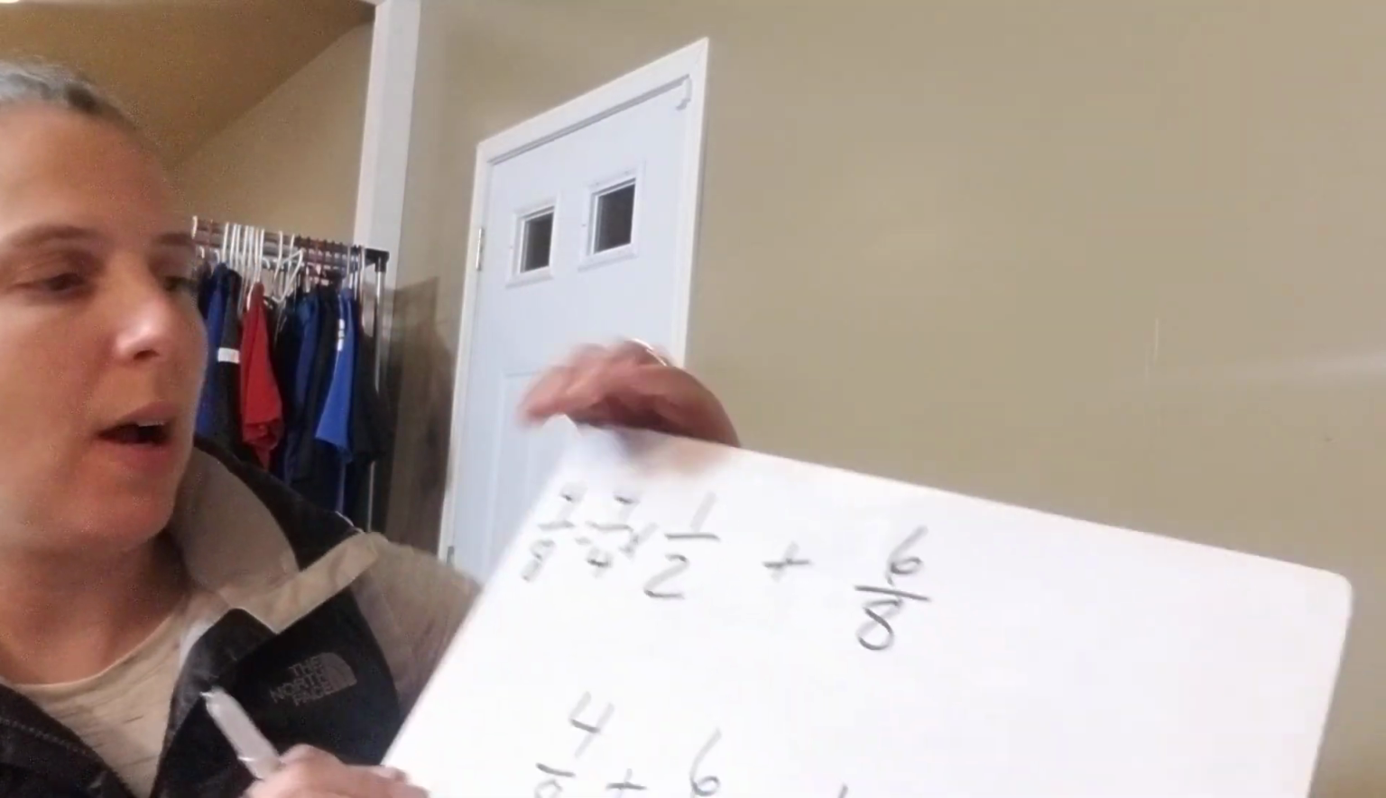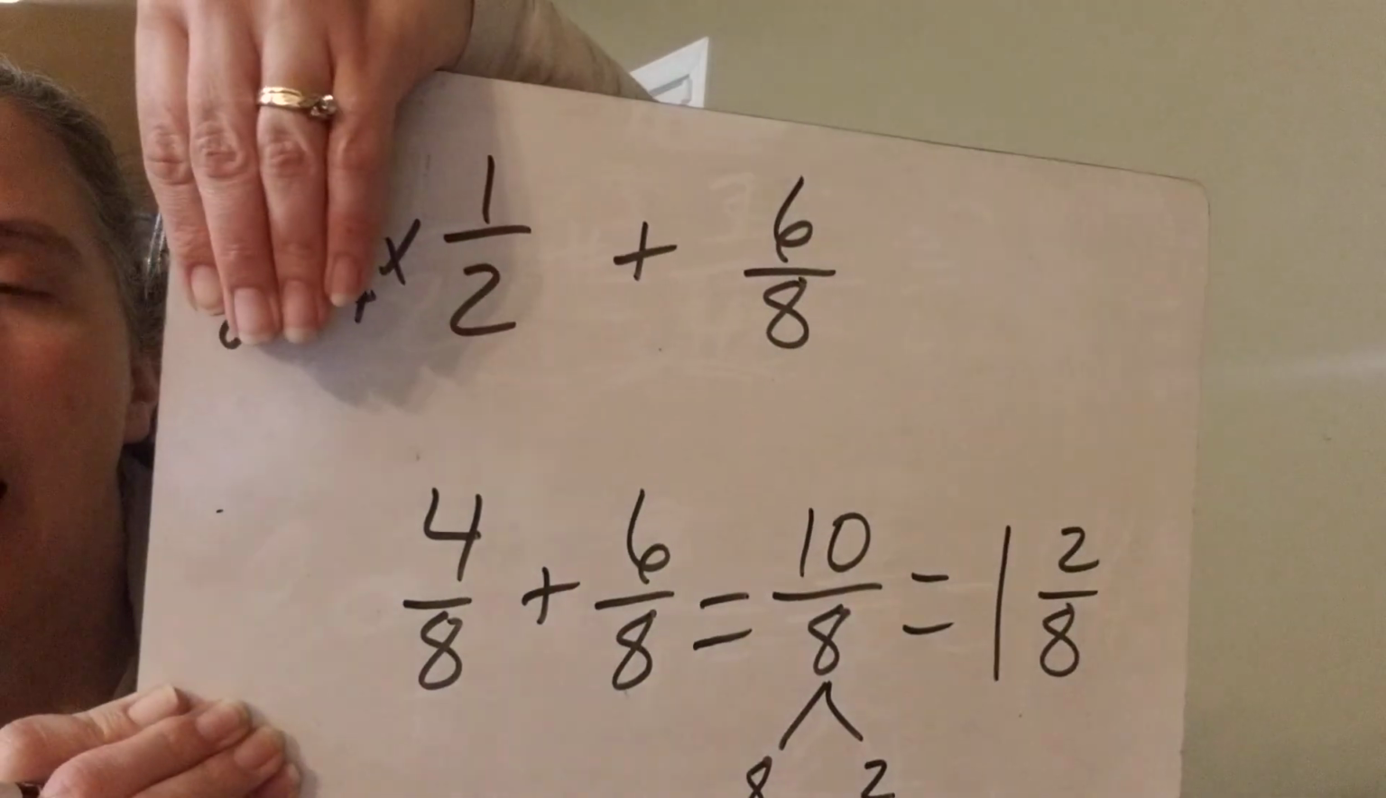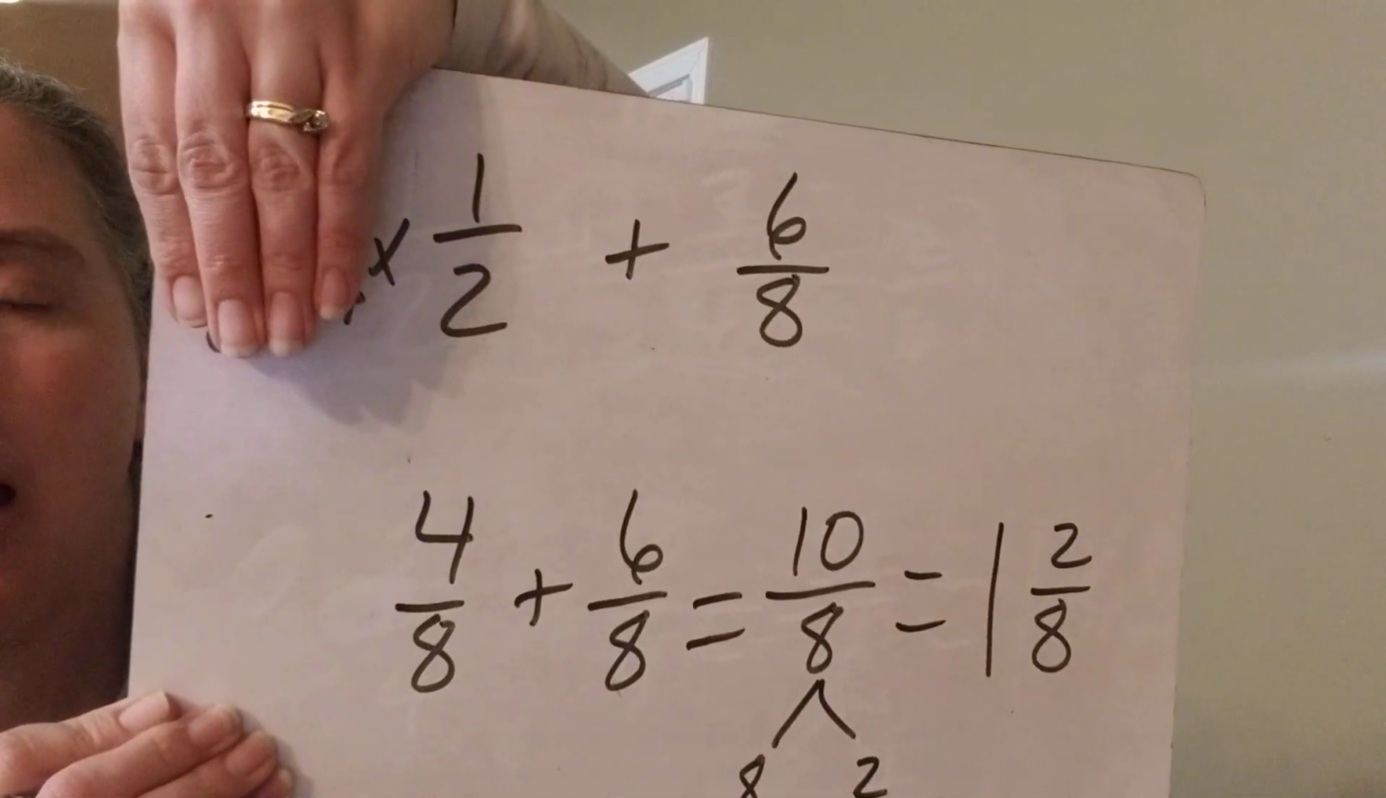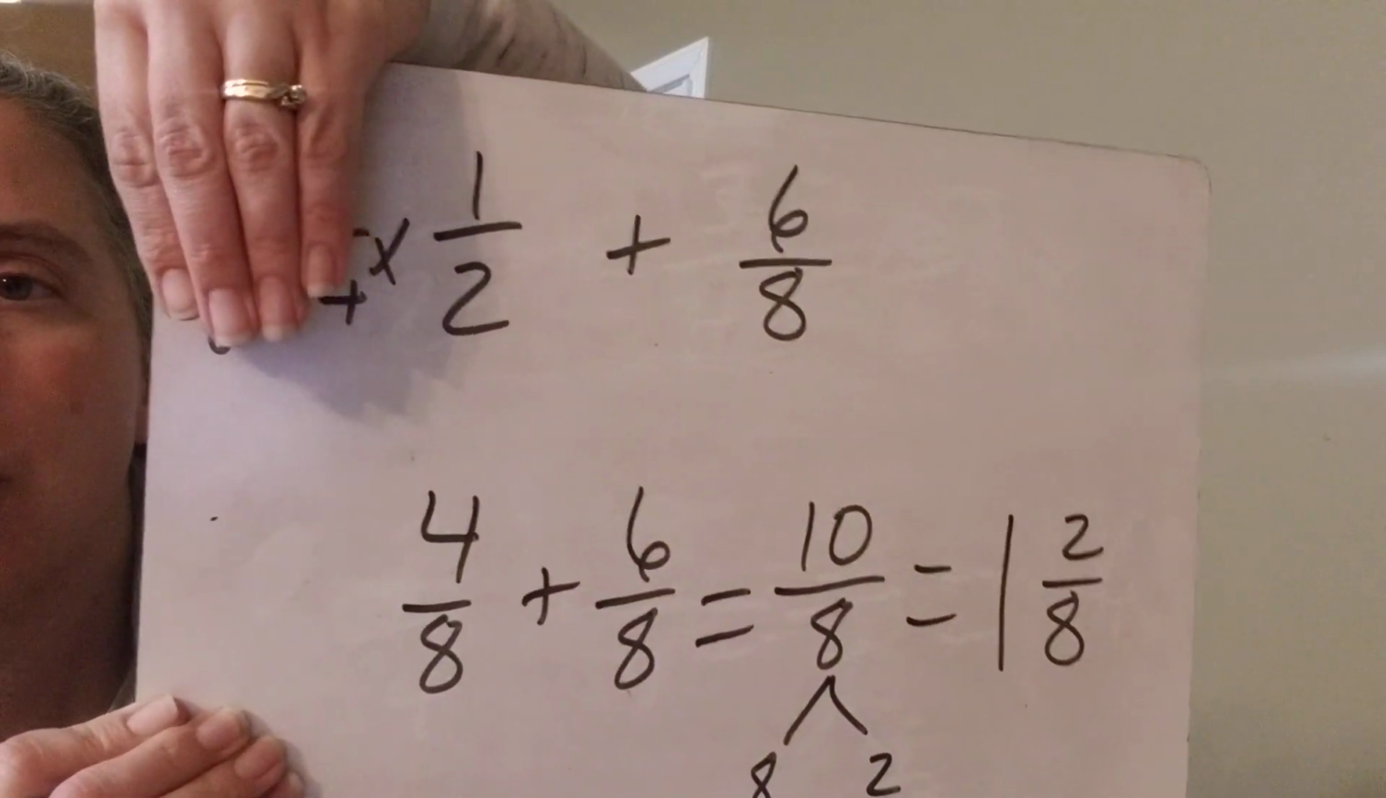Okay? Let's look at the last one on there, letter B. All right, letter B, it was 1/2 plus 6/8. I can see that 2 goes into 8. 2 times 4 is 8. So I'm going to multiply both